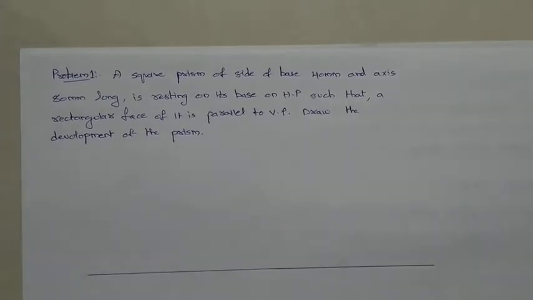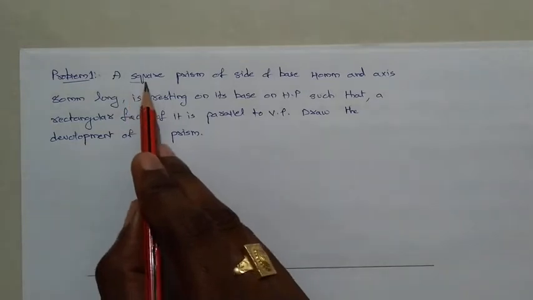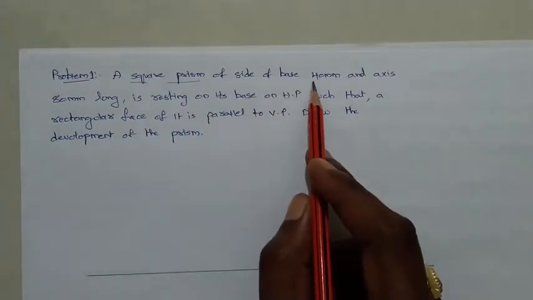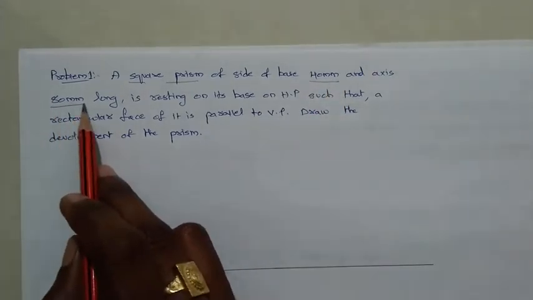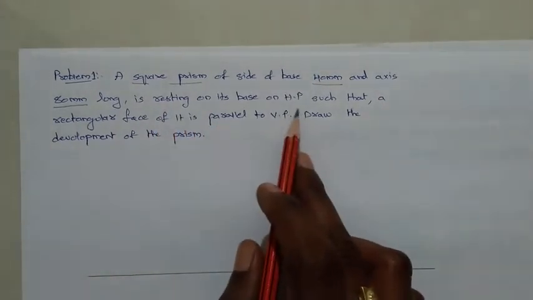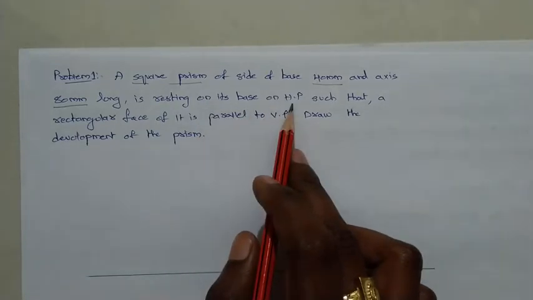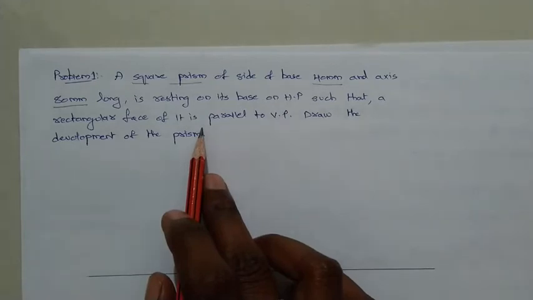Right, this is problem one. Here a square prism is mentioned. This is a square prism of base side 40 mm, and axis 80 mm. Axis is nothing but height. It is resting on its base on the HP such that a rectangular face of it is parallel to